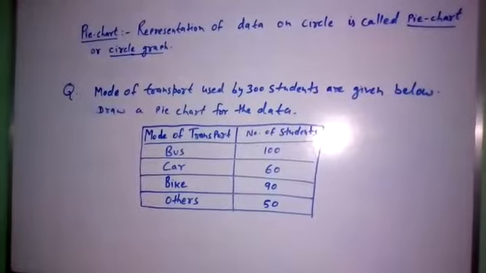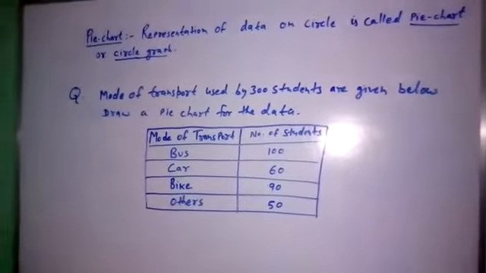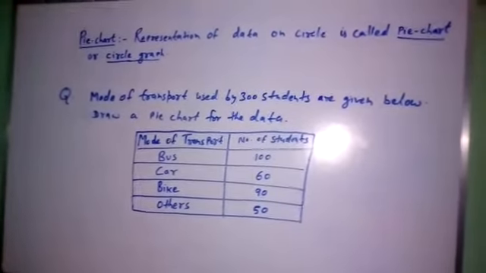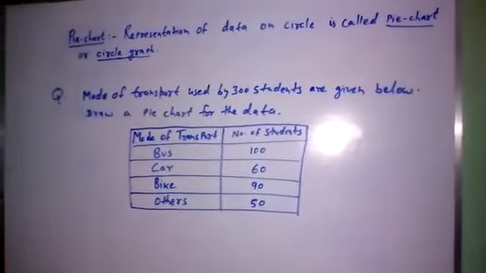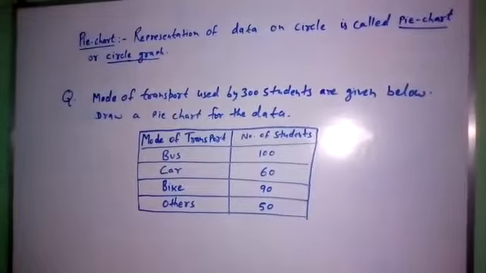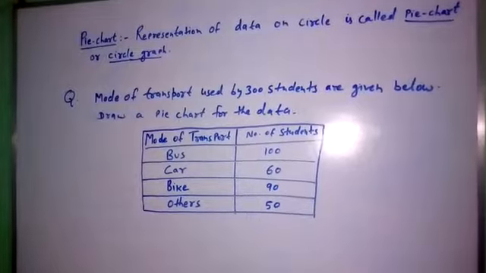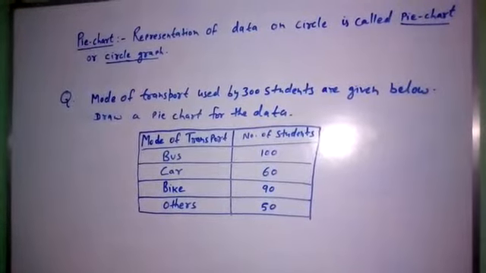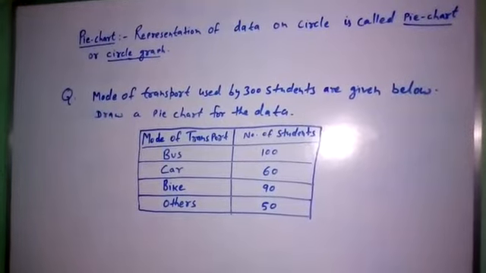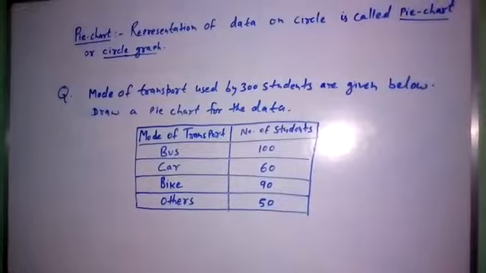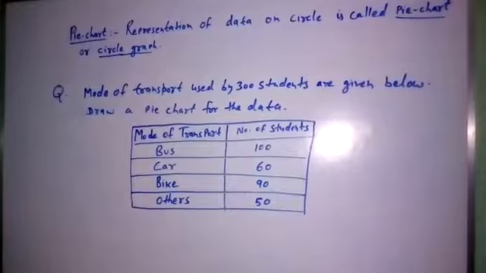Today's topic is pie chart. What is a pie chart? Representation of data on a circle is called a pie chart or circle graph. It means we have to represent the data in the form of a circle